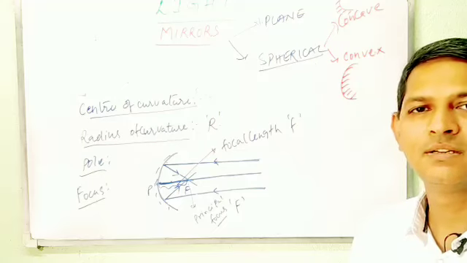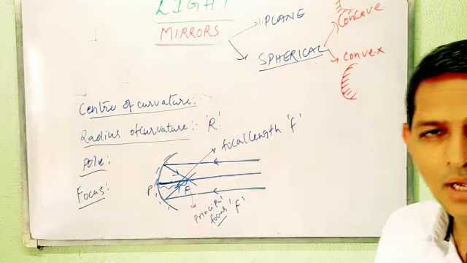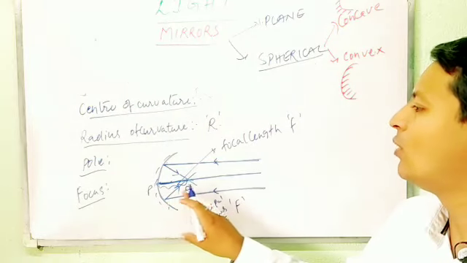Capital F is the principal focus, that's a point, and focal length is the distance between pole and focus,